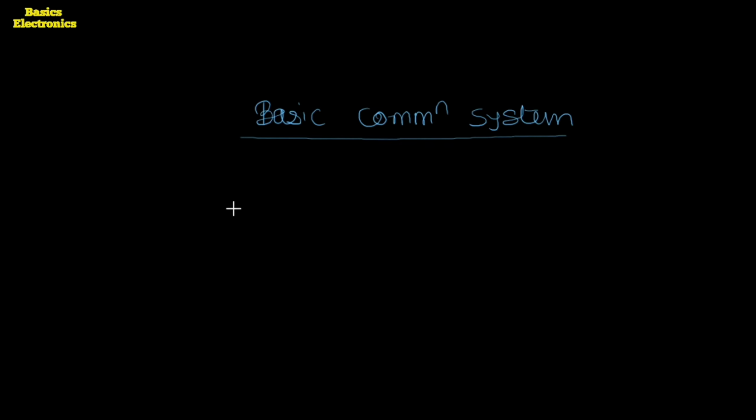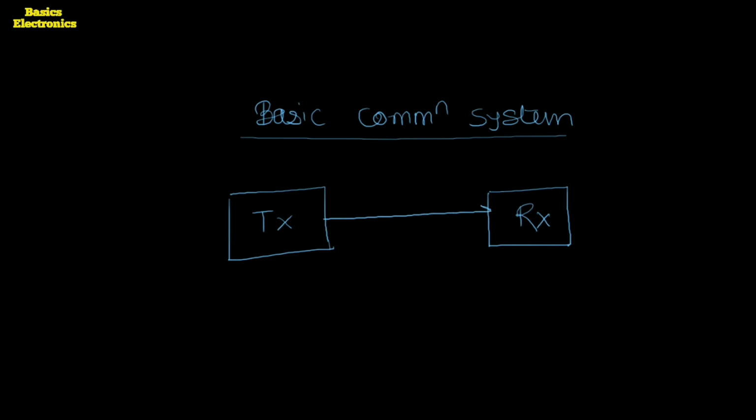Here in this system, the transmitter and receiver, these two main elements, are available. Here I am going to draw one block for the transmitter. Here is the transmitter, which I denote by TX, and at the right hand side we have the receiver. Here we use RX for the receiver. The transmitter transmits the data, and the receiver receives the data. These two elements are involved.